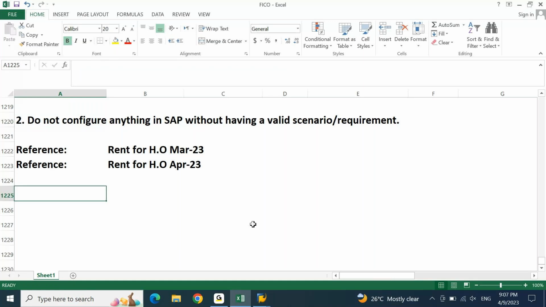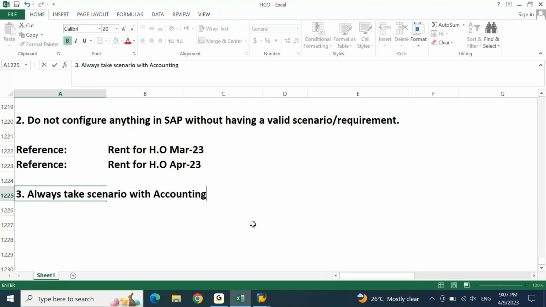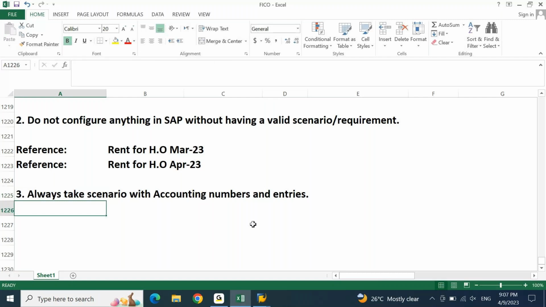Now, next point, always take a scenario with accounting numbers and entries. Okay, always take scenario with accounting numbers and entries. When I say this,